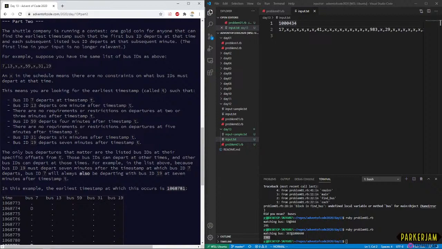Interesting. So any bus can depart at an x time. This means you are looking for the earliest timestamp, call it T, such that bus 7 departs at timestamp T. Bus 13 departs 1 minute after timestamp T. There are no requirements or restrictions on departures at 2 or 3 moments after. So do they still depart at multiples of each other, though?